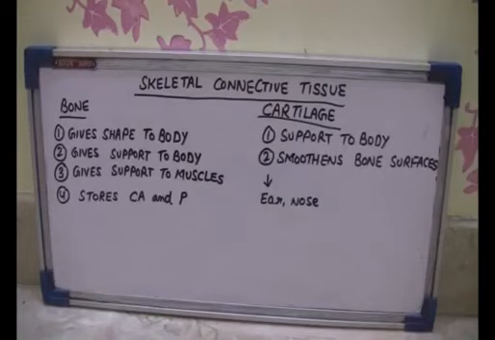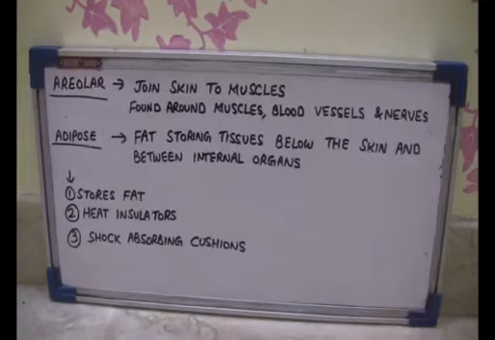Now there are two terms. One is the tendon and the other is the ligament. Two bones can be connected to each other by another type of connective tissue called ligament. And this tissue is very elastic. Ligaments contain very little matrix. But what are tendons? The tendons connect muscles to bones. It means that one bone is connecting to another through ligament, and one muscle is connecting to bones through the tendons.